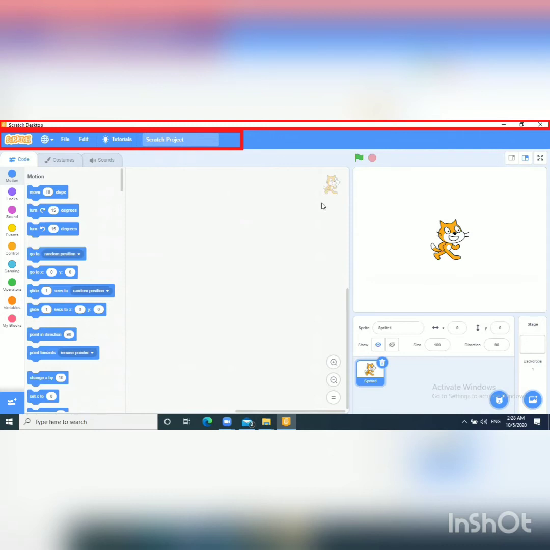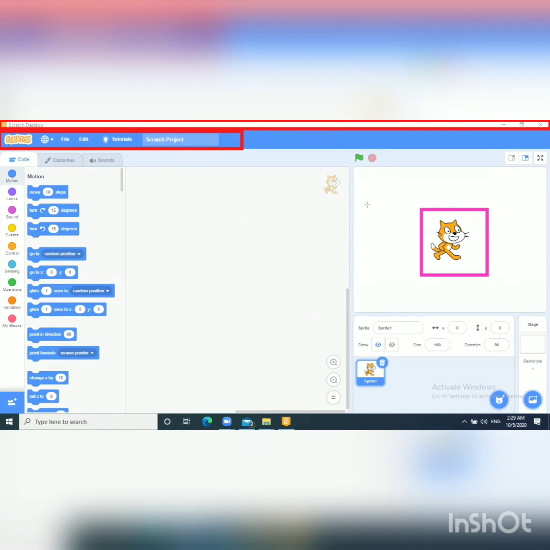And the third one is this one. This is called sprite. You can see at the right side this pink rectangular box I have placed here. So this is called sprite. What is the meaning of sprite?